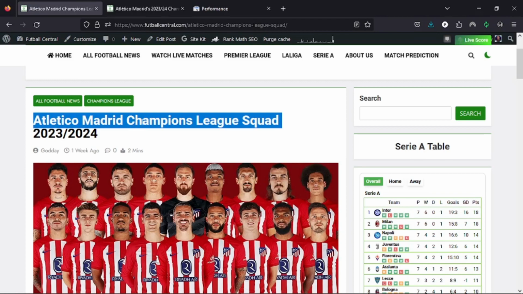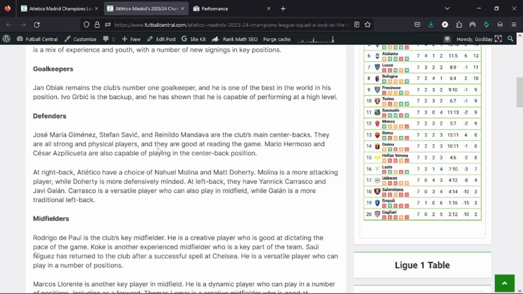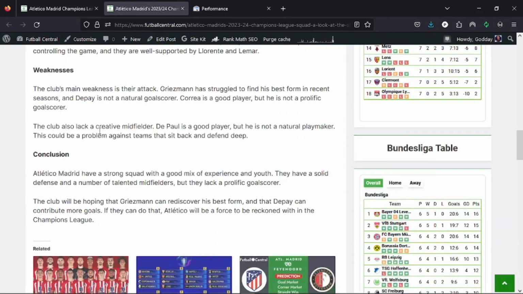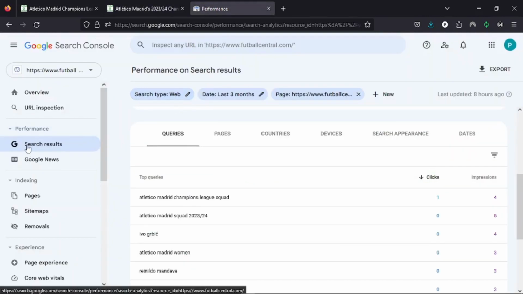It's either I'm ranking for the one that talks about the squad directly, or probably I'm ranking for this one that talks about their squad, the weakness, and then other information related to their squad. So this is simply how you get to dominate a search term and then drive traffic to your new or old website. You simply go to your Search Console account, going to search results,